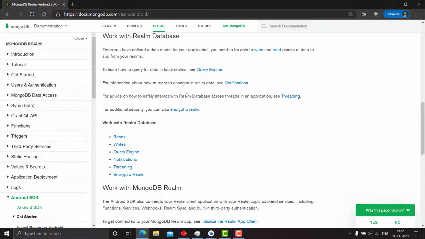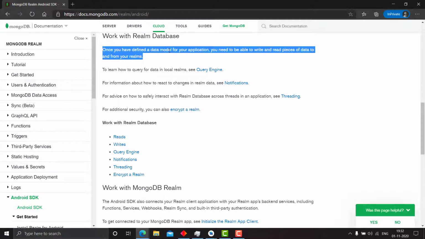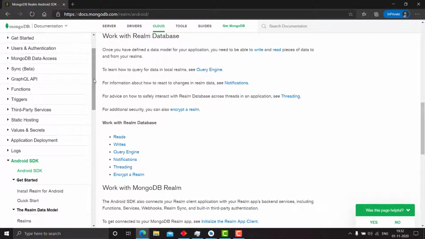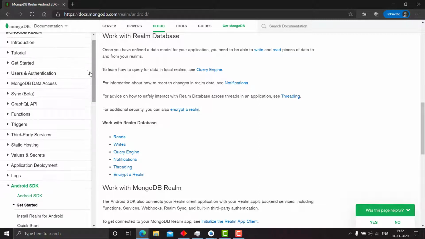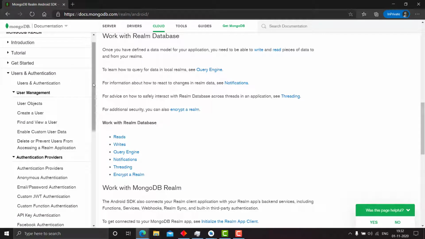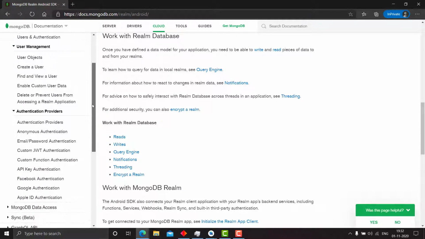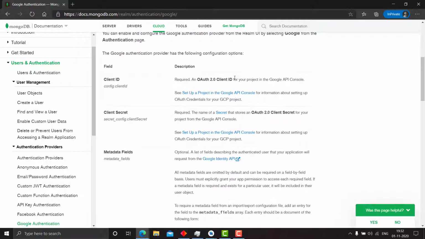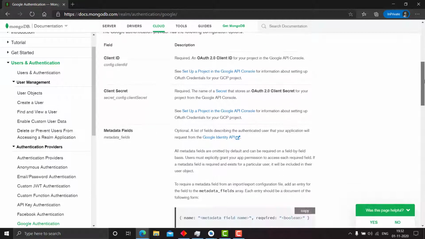Not only does it provide bad information, but it also provides wrong information, and you spend hours searching where you are going wrong. Let us go to users and authentication, and then Google authentication. Here it tells you how you can set up Google authentication.